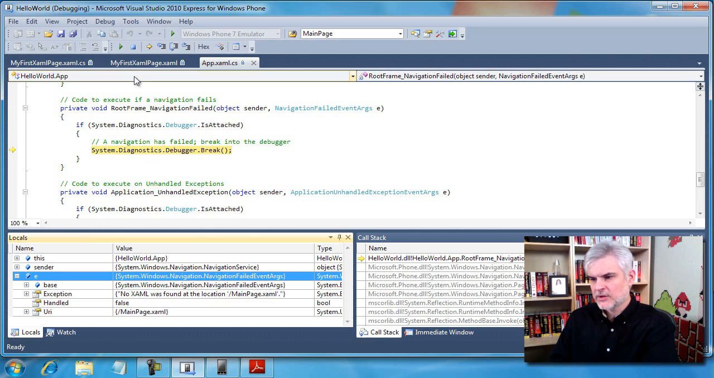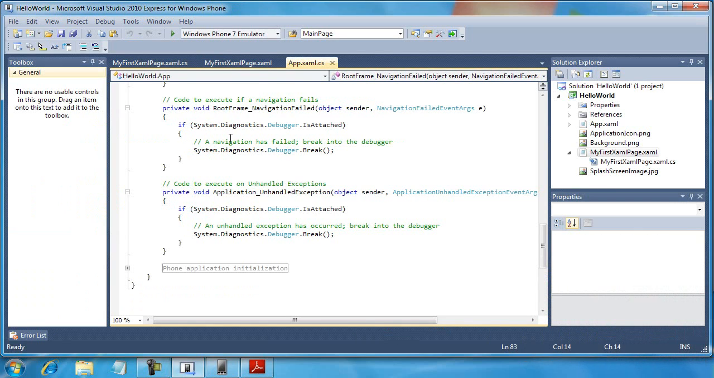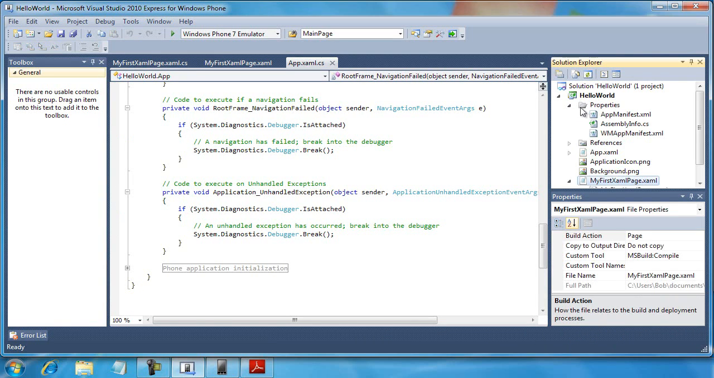So to rectify that, we're going to stop debugging the application by clicking the little blue stop button in the toolbar. And then what I'm going to do is go to, let's see, I believe it's in the properties. Yes, in the properties folder. So you can see there's a little folder called Properties. I'm going to double click this